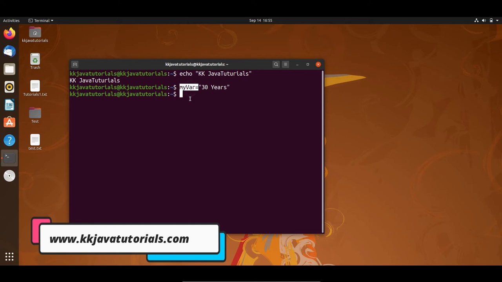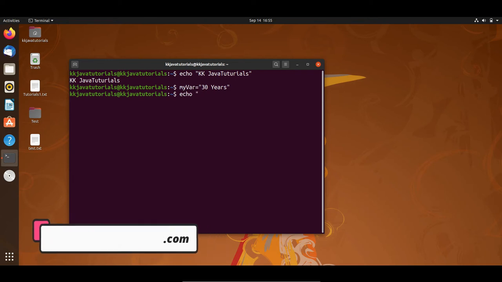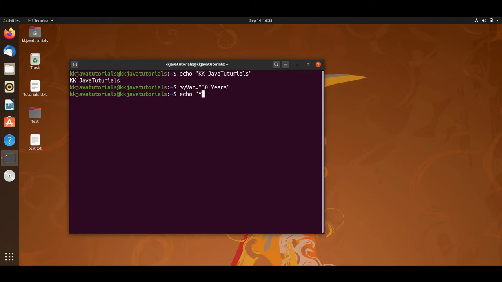Then if you have some variable, you can also use it while printing something with echo. So here I'm going to write echo, and in double quotes I'm going to write "you are", and if you want to print a variable value, then that should be prefixed with the dollar sign, and I will give the variable name myvar, and a space, and I would say "old".